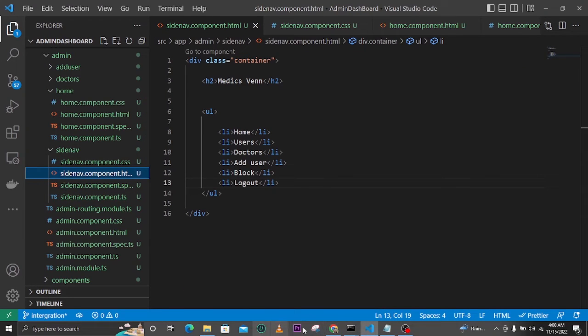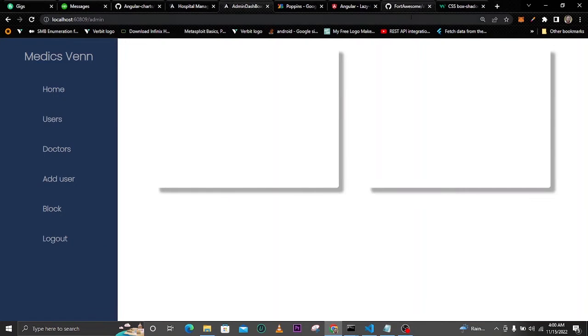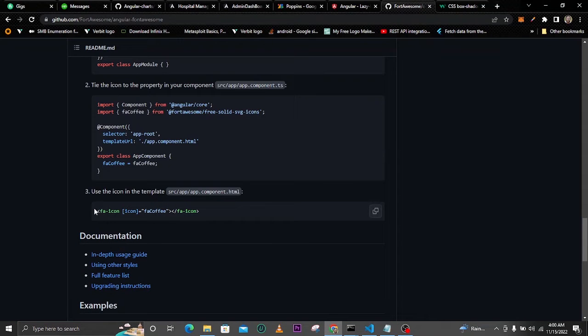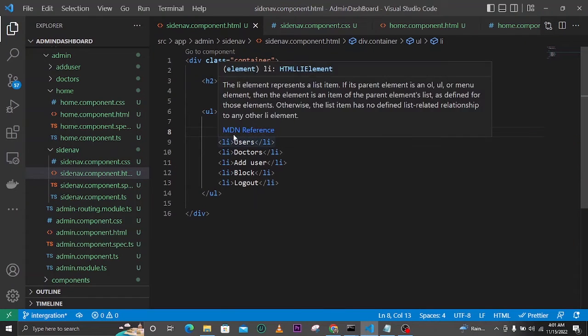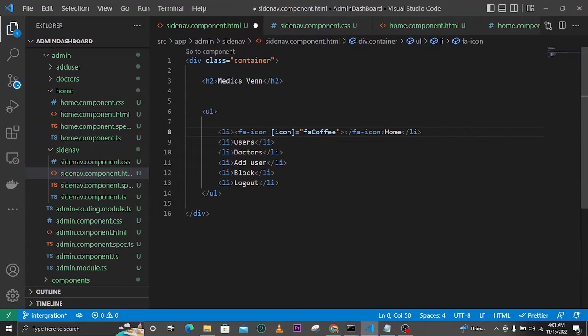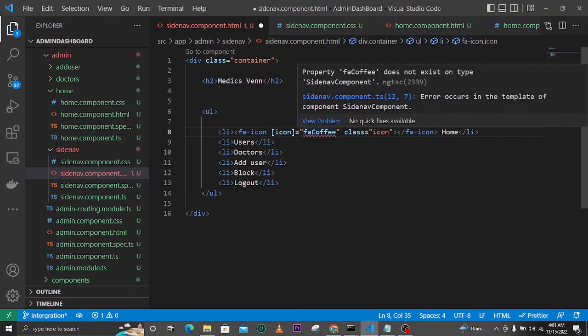So now let me come here in GitHub, and you can see how you can use them. So let me copy this. So in HTML you can use now this code here. So what we'll do, just come here, and now because you're using them in this li or this list, you can add it there. And first of all, the first thing that I do, I give them a class of icon. Let me give it a class of icon, and here now you see it is giving me error